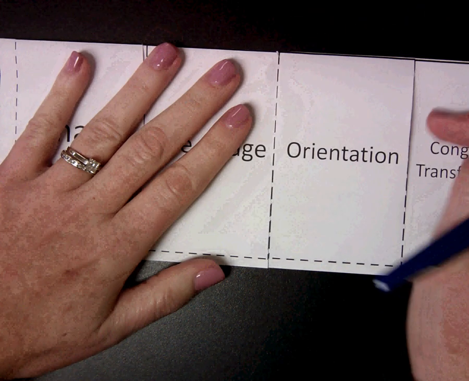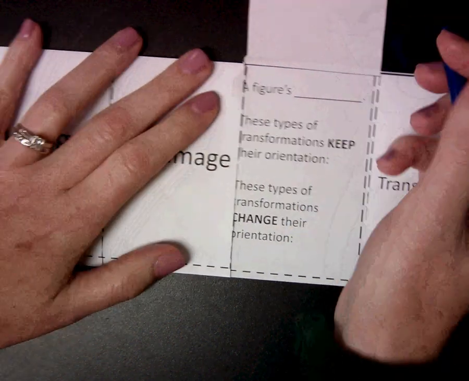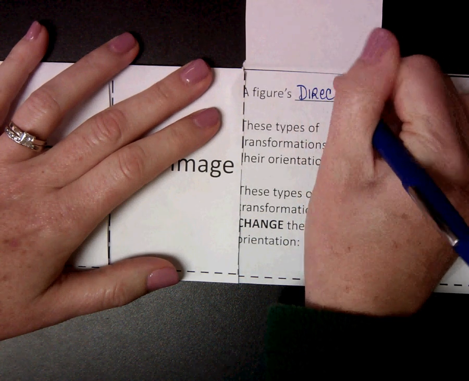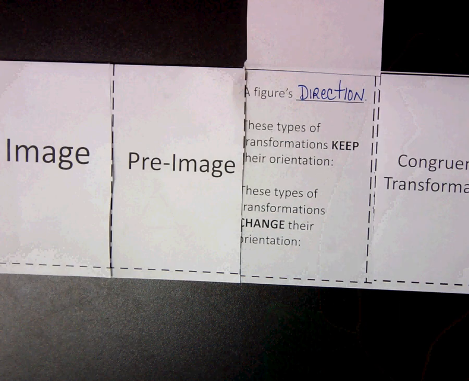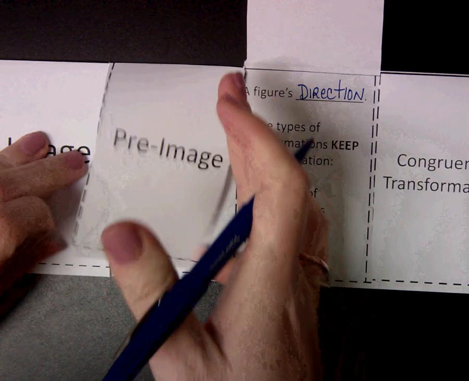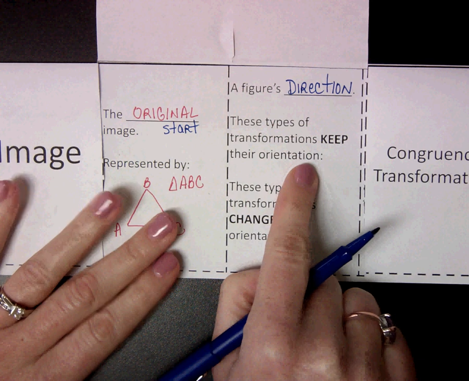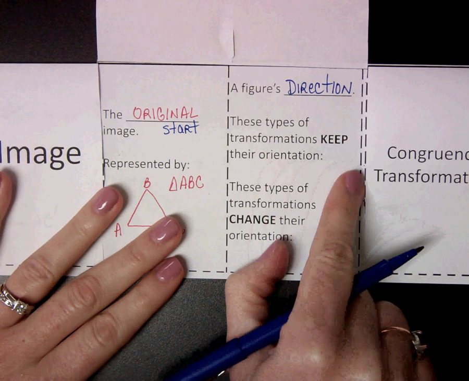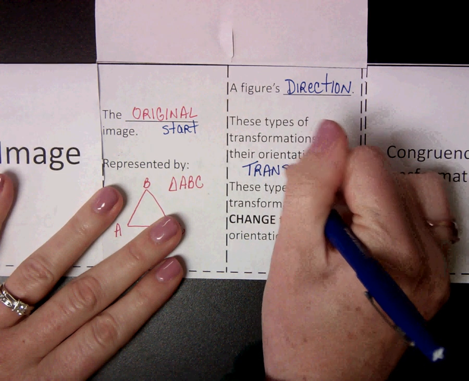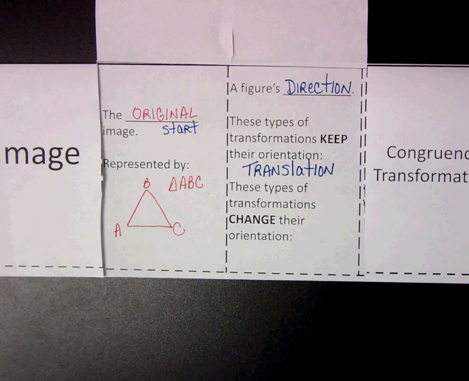Okay, the next word we need to know is orientation. Orientation, when we talk in math, is referring to a figure's direction. That's mainly what we're going to be looking at, the direction of a figure. And in all, and let me open that up so you can see it a little bit better, the types of transformations that keep their orientation, that don't change orientation, are only translations. And you may be saying, what's a translation? Well, we'll talk about that in just a little bit. Only translations